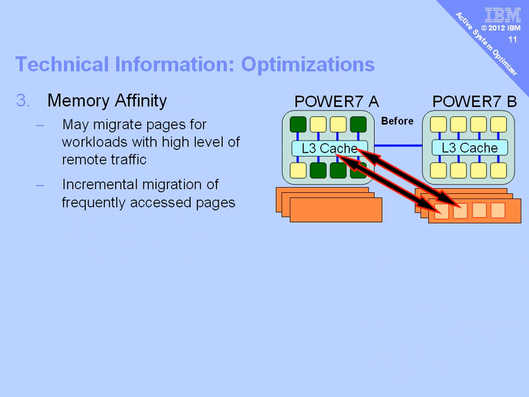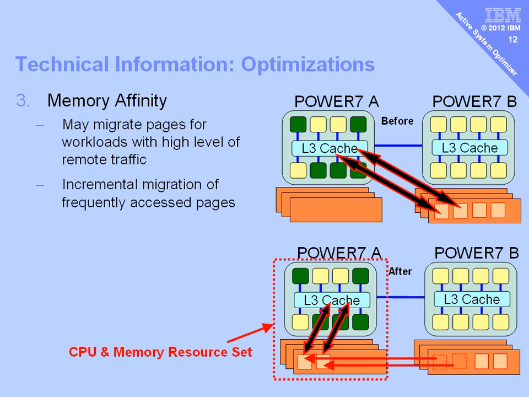The third optimization is memory affinity. The dispatcher is quite happy to dispatch processes to the first available CPU, but in this case it's given the application access to a POWER7 chip, unaware of the fact that the memory is actually connected to a different chip, so that when it wants to access the memory, it takes a longer path across the machine. If this was transitory, this is no big deal, but if this goes on for a long time, this is working slower than needed. In this case, the optimizer will decide to move the memory from one POWER7 chip to the local POWER7 chip, so it now sits with the processes and threads that are accessing it,